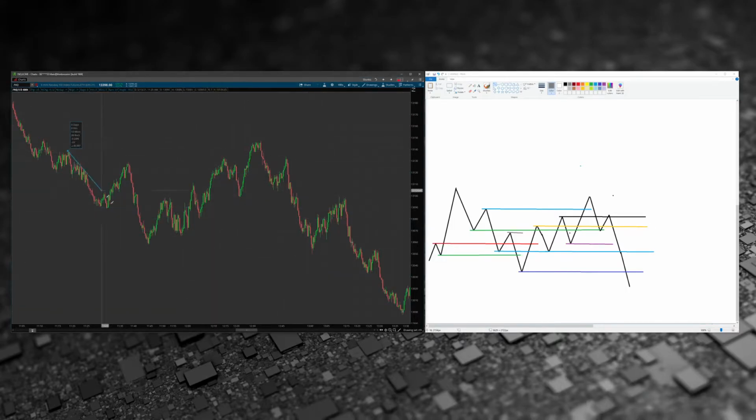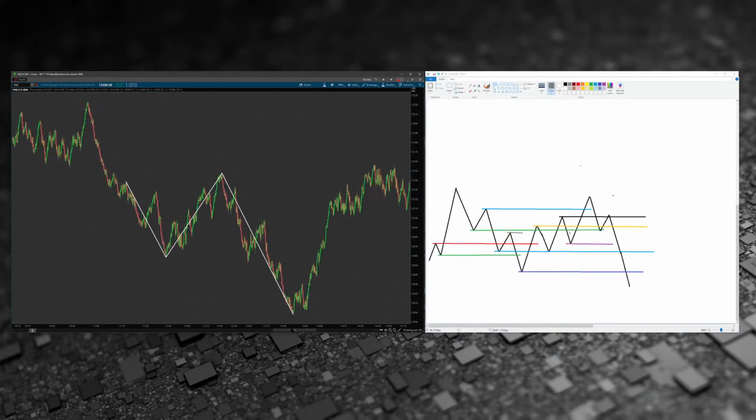We've got our legs here, and I drew this here because we draw legs from last gained and last lost. So in this leg up, we last broke this qualifier, and then we made new lows. So while this is technically a leg in itself